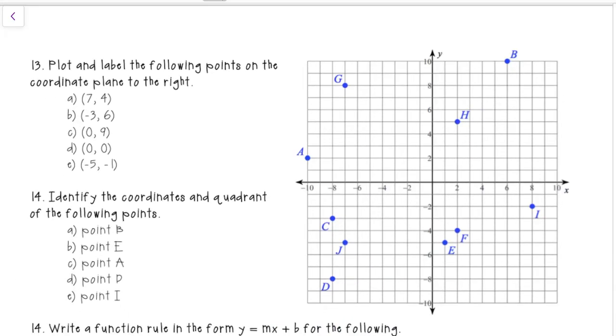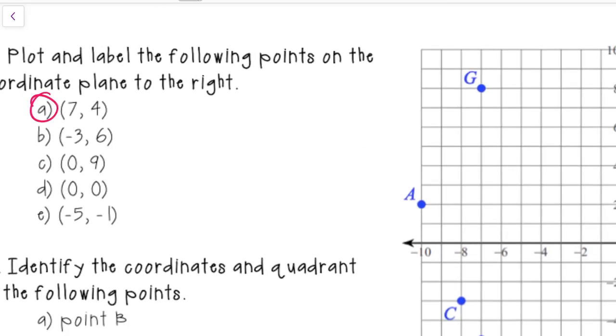So example or problem number 13, plot and label the following points on the coordinate plane to the right. So we will do A, B, and C together, and then I'll leave you to do D and E. So point A is the ordered pair 7, 4. This means we are going to move to the right 7 and up 4